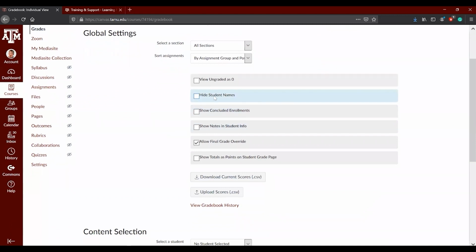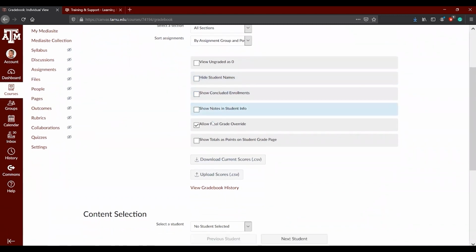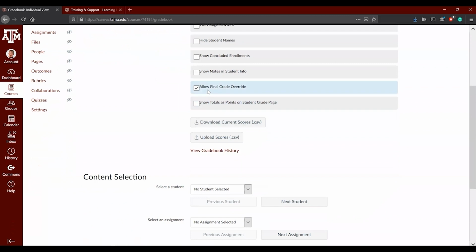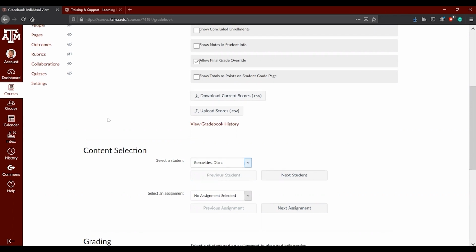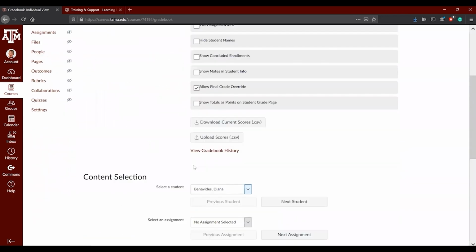You can hide the student's name. You can allow final grade overrides, which we're going to talk about later in this training. Show total points, and in here you can just select, oh, I just want to see Diana's scores. This might be useful if you have more than 100 students. If you're a large course, instead of scrolling on the gradebook, you just need to see one person on all